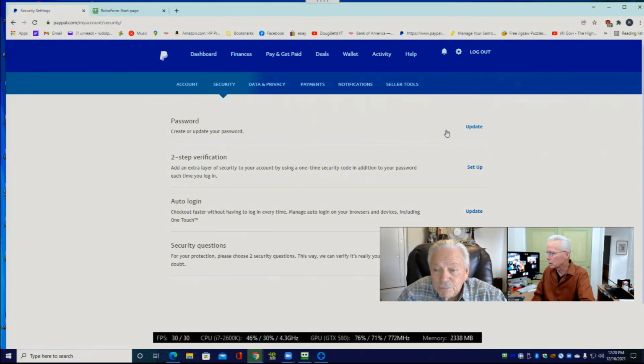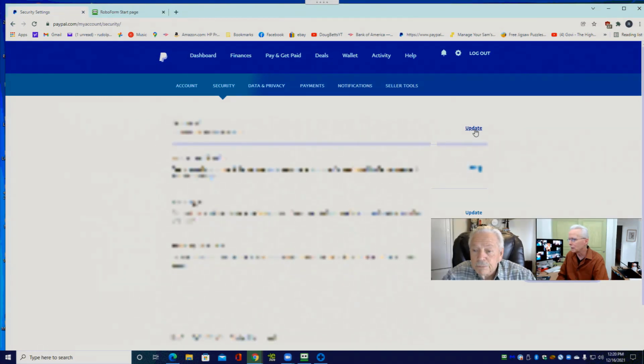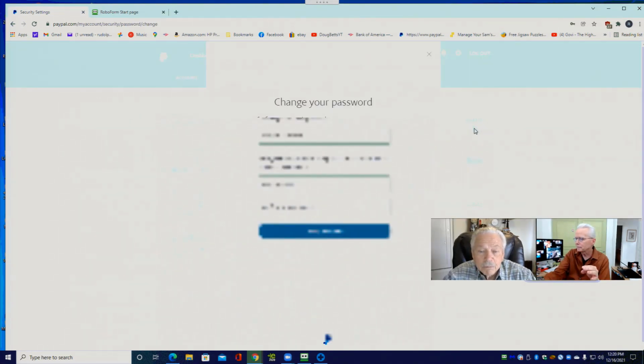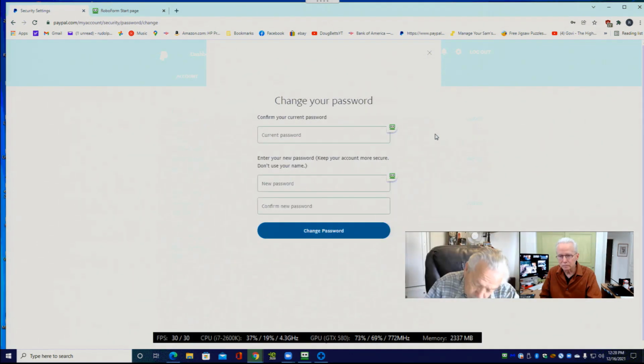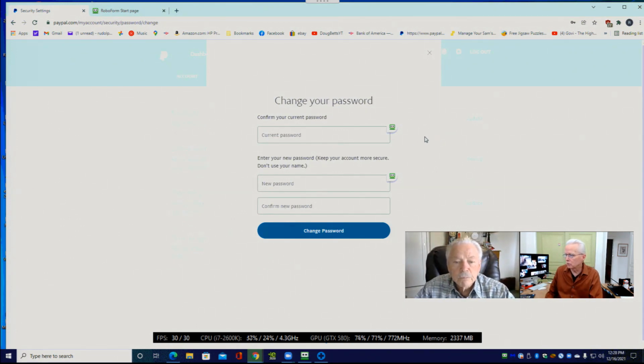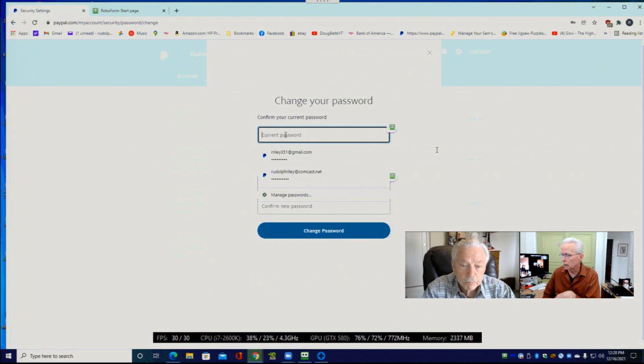All right, so we're going to click on update here. I'm going to blur the screen while we get into there and see what's going on. Well, you know what? I'm going to pause the recording and answer this call. Now we're unpaused again. So in the top field, you need to put in the current password. In the bottom two fields, we're going to do the new password. And as you're typing in a password field, you're just going to see dots or something. Okay. Just click in that field so that you can get a blinking cursor.